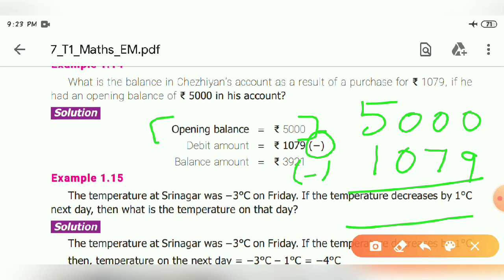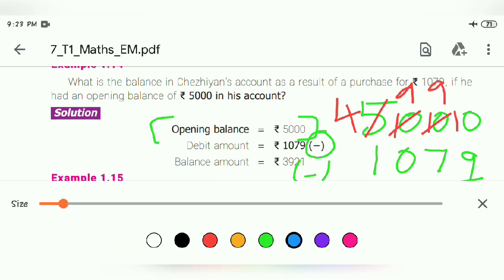Okay students, listen to the sum. 0 minus 9, it's not possible, so we borrow from the next place value. The next place value is also 0, so we look forward to the next place value. That is also 0. The ones, tens and hundreds are 0, so we borrow from the thousands place. 5 minus 1 is equal to 4. The 1 will go to the hundreds place. Next, we borrow from the hundreds place, so the hundreds place will change to 9 and the tens place will change to 10. Again, we borrow from the tens place to the ones place, so the tens place will change to 9 and the ones place will become 10.